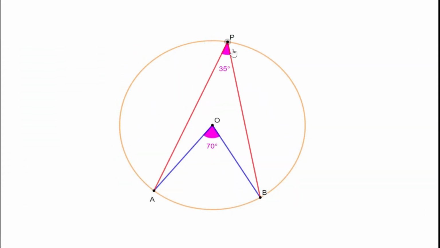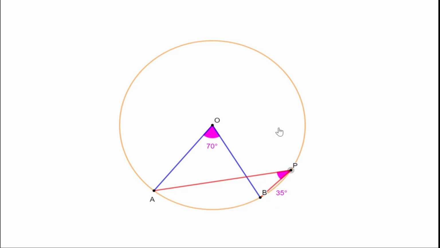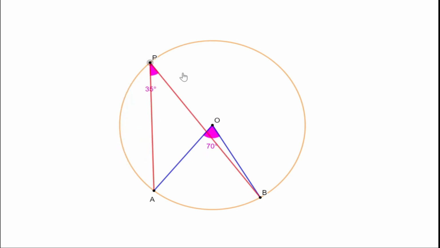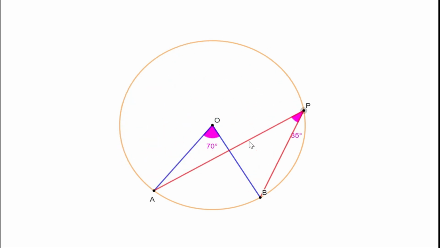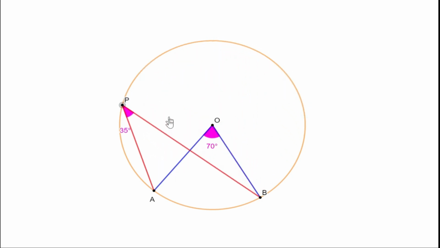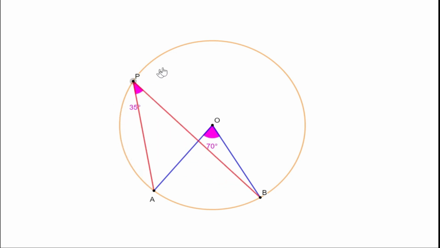We have seen that all angles on this arc are same because these are all angles made by this small arc AB on its alternate arc. And we have seen that all these angles are half its central angle. So we can see even when P changes, the central angle does not change. So the angle P is always half this central angle. So all these angles are same.